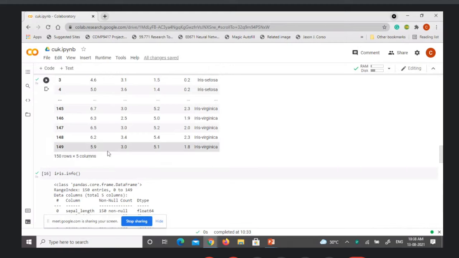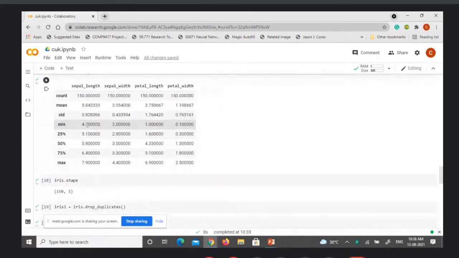For sepal length, the range is between 4.3 and 7.9, whereas for sepal width it is from 2 to 4.4. Petal length is 1 to 6.9, a large variation, and petal width is 0.1 to 2.5. So each column has a different range of data.